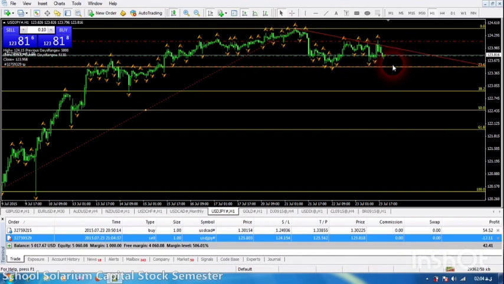A lot of people don't put take profit or stop loss on their trades, but that is a huge mistake. Always try to do that. Always try to determine your take profit or stop loss in your trades. Put your stop loss